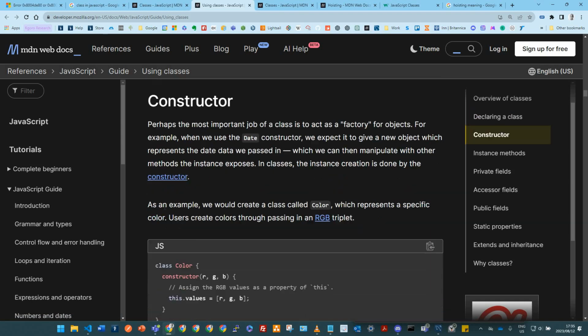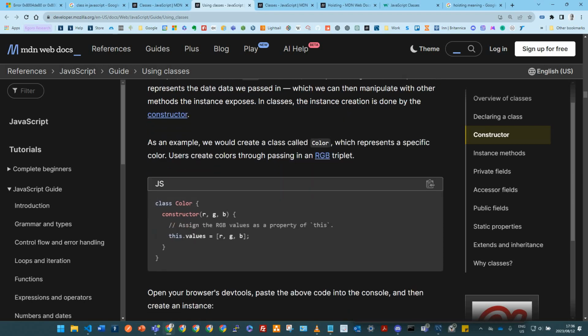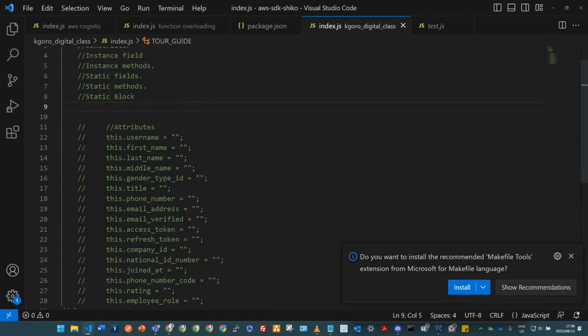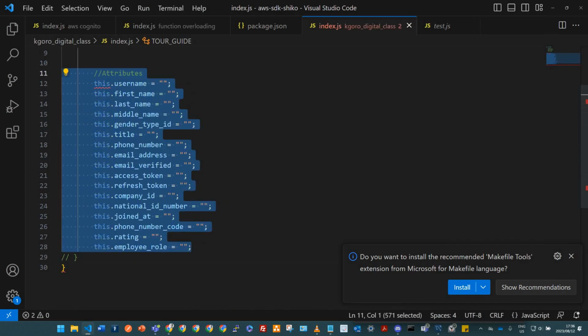Okay, I see that. As an example, we would create a class called Color, which represents a specific color. Users create a Color by passing the RGB triplet. Okay, so I see we have something like this Color, and then the constructor takes in these values, and then the values will obviously be populated here inside the values array. Okay, so now I have my values here. So then that means I can take these values